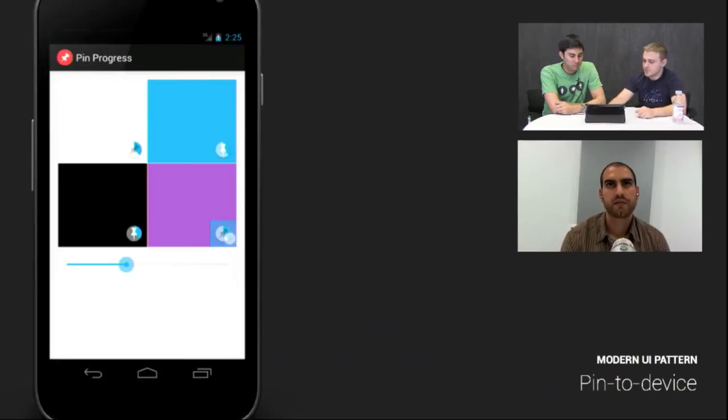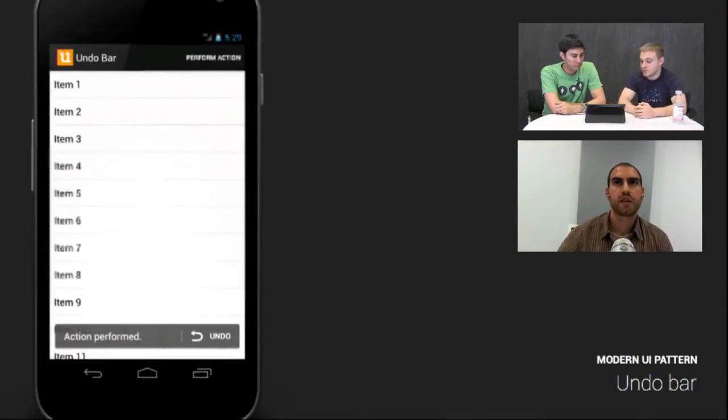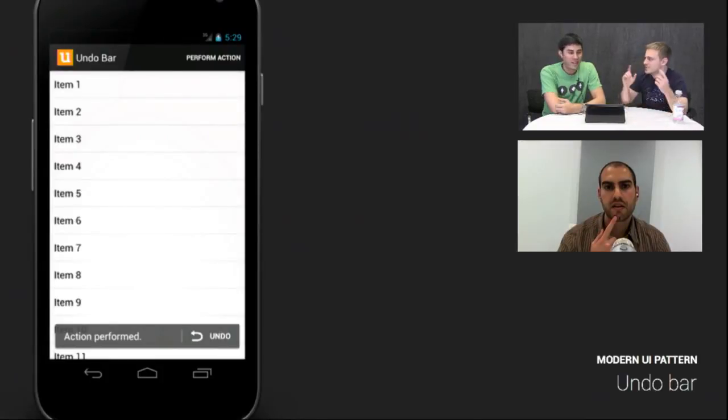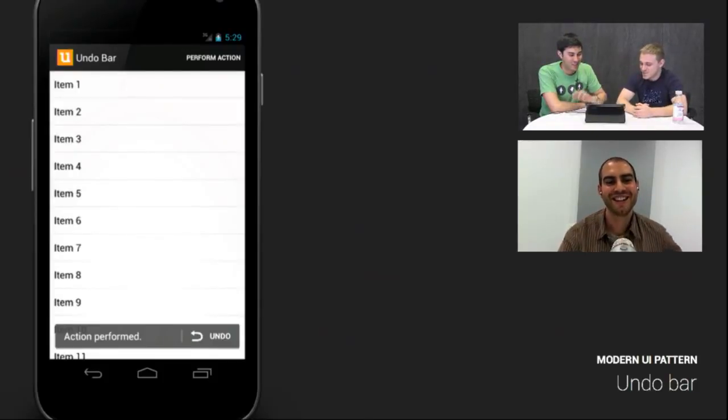Okay, so we got about 2 minutes left. Let's fly through some of these others. Does anybody want to talk about undo bars or inline undo? Who wants to do it? I feel like Nick likes this one a lot, especially the inline one. But